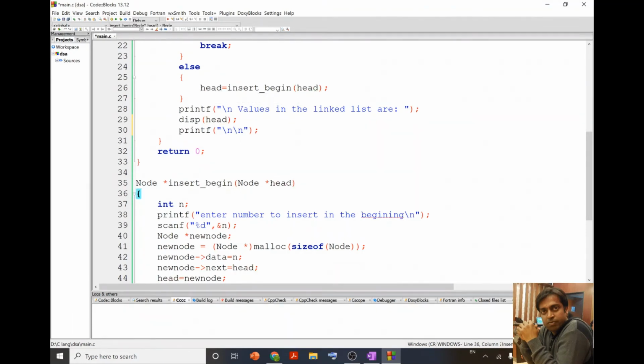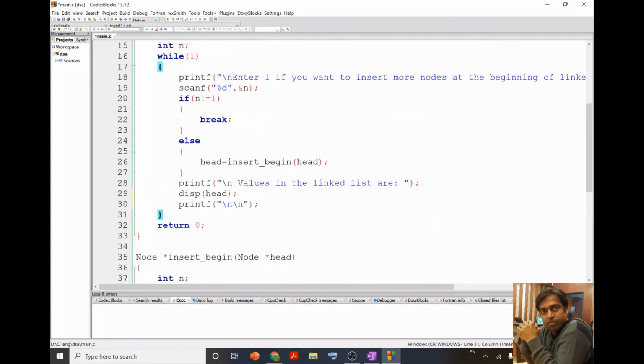So I call the function, and the return of this function updates the head of the main function. Then I print the values in the linked list. To display the values, I call the function display head, and this is just to skip 2 lines, so that whatever we display next will be displayed after 2 lines.